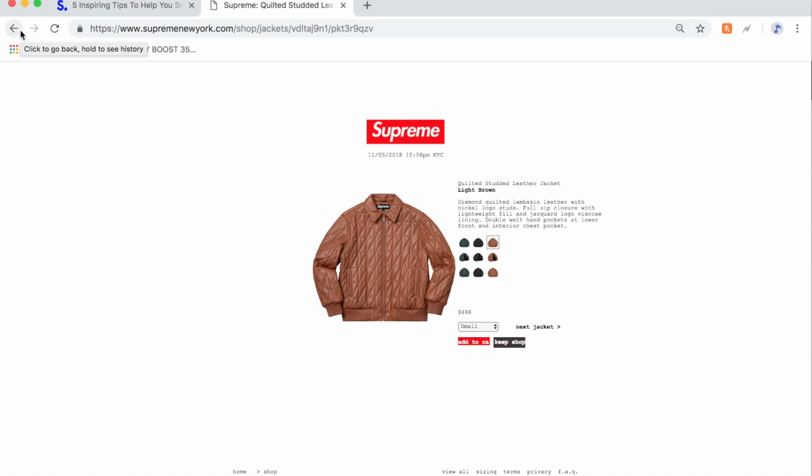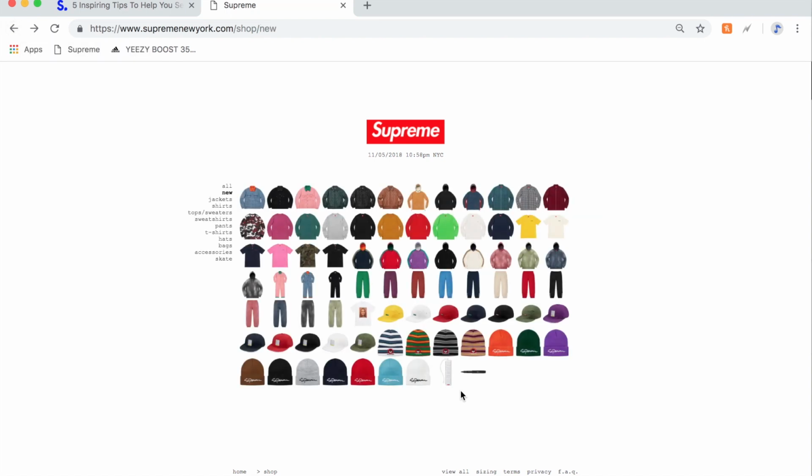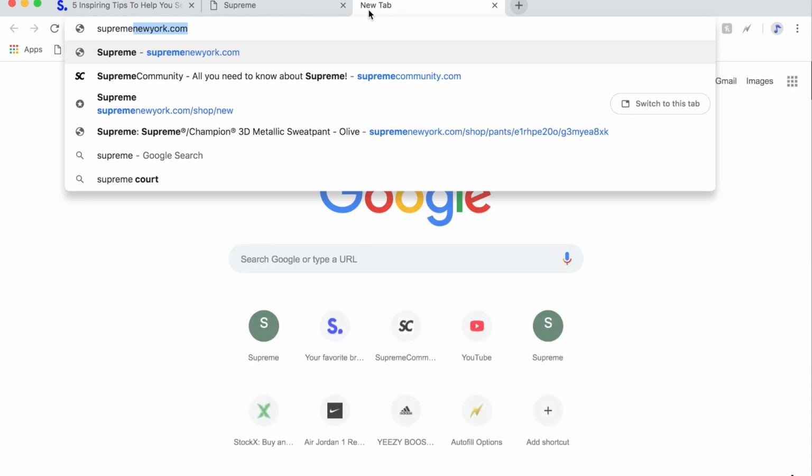You want to just select the I agree to the terms, hit process payment, and hope you cop the shoe. Or anything else that you want to cop during week 12. And so that's pretty much it. There's not much more I can explain to you guys for how to cop on Supreme, especially for this Supreme CDG shoe. But moving into some other stuff, as of right now, I don't think Supreme Community has the drop